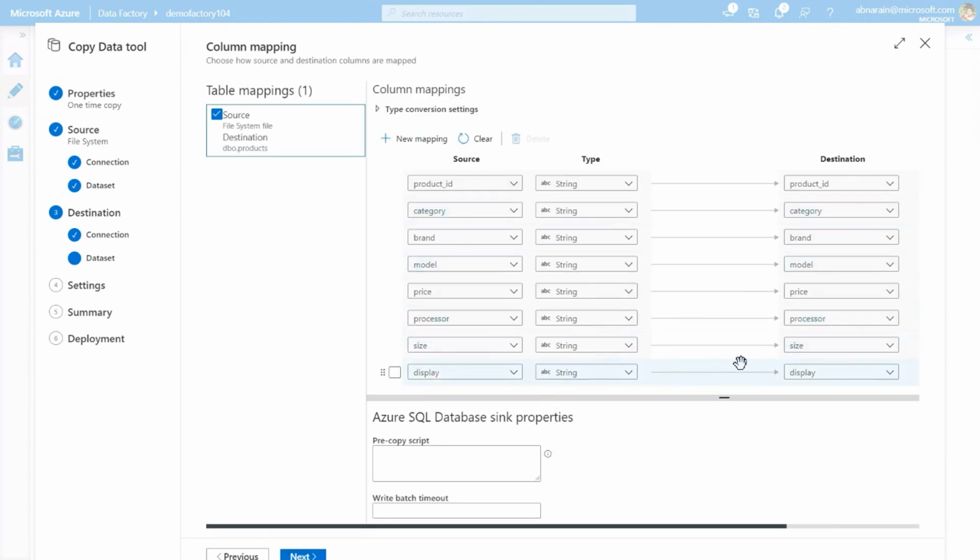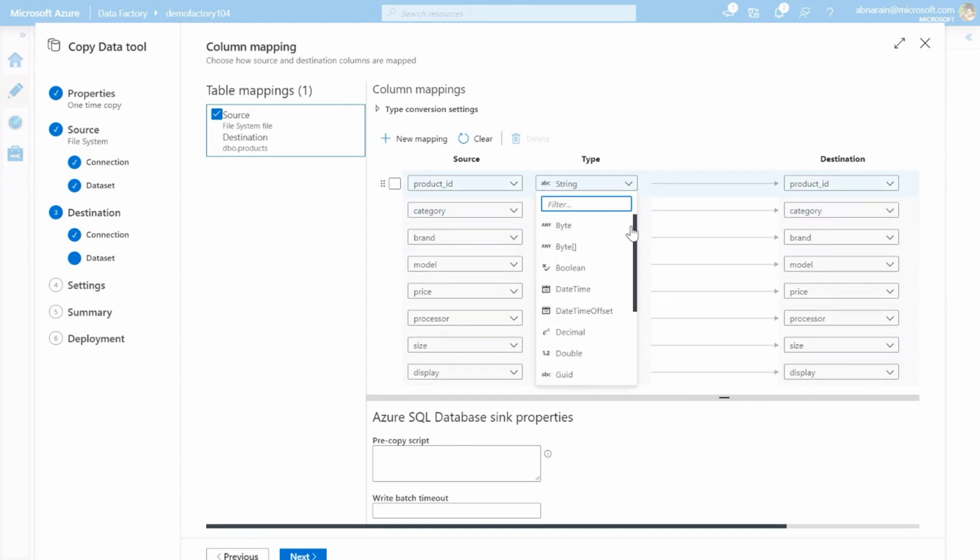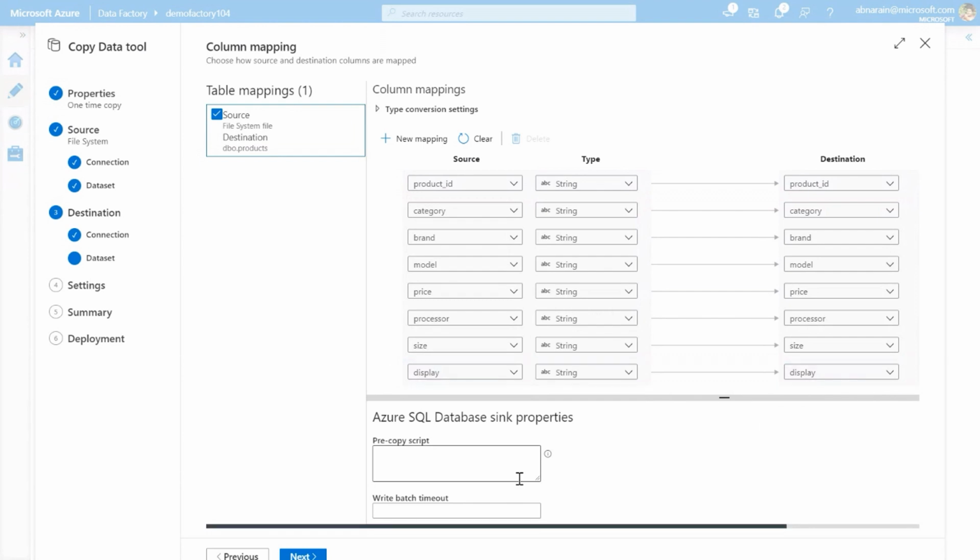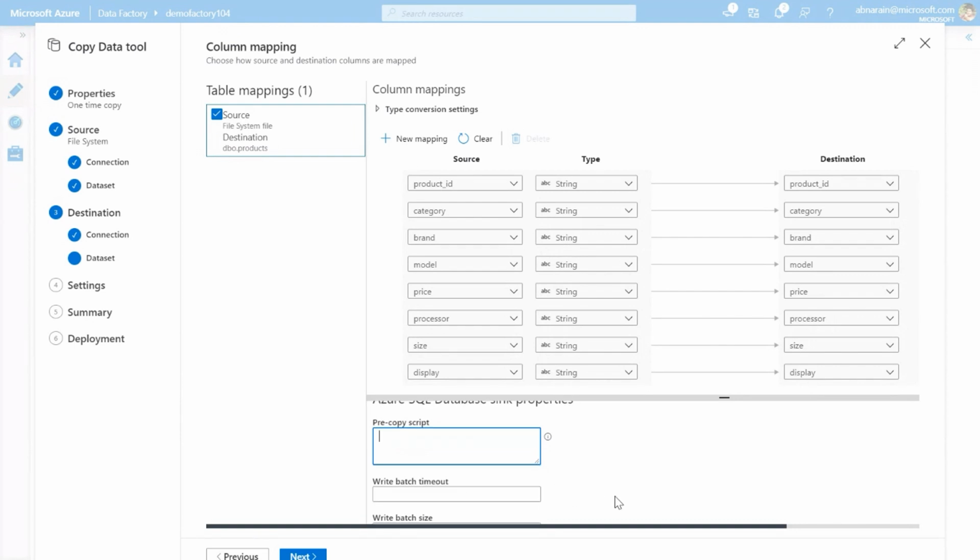And here's my schema. You can do schema modifications. So the best part of Data Factory is that while doing this whole data movement, you can specify or remap schemas. So if you want to change product ID to byte or integer, you can pretty much do that over here. I'm not going to do anything. You can run some SQL scripts, pre-copy SQL scripts, over here. You can define what batch size you want to write. And these are some considerations which go in when you're talking about performance.